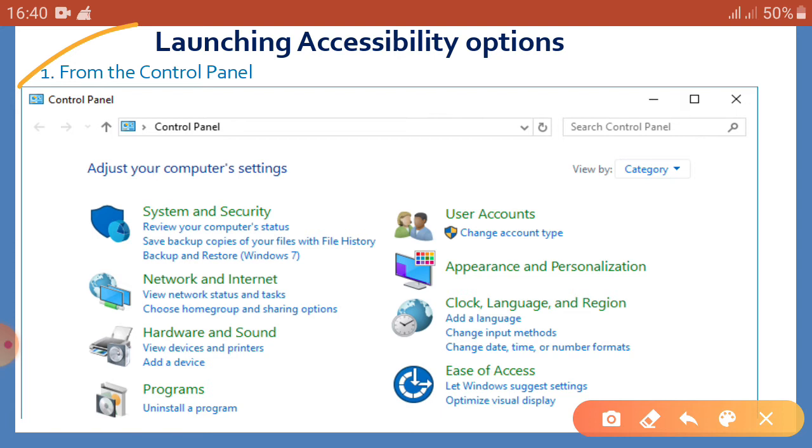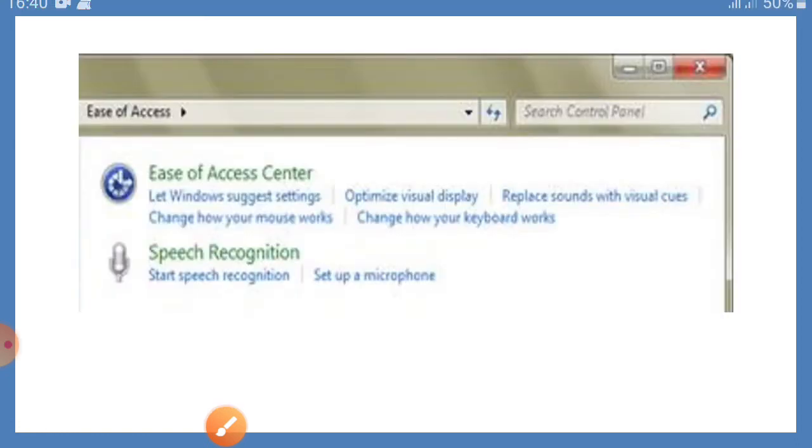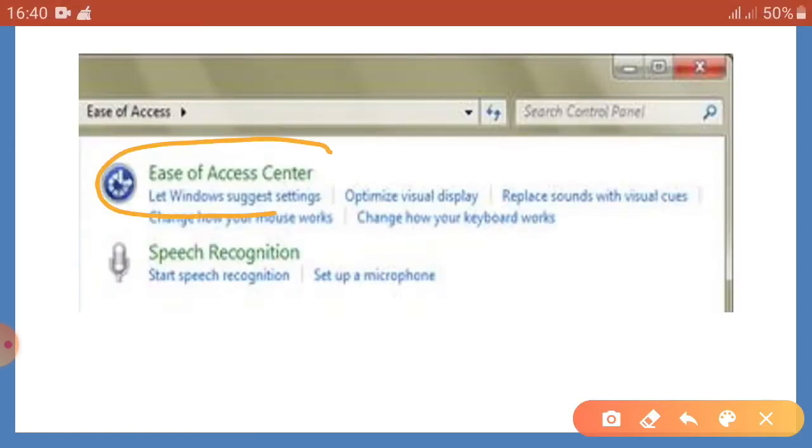So after opening the control panel, click on ease of access, then click on ease of access center option. Here it is, ease of access center. So this will allow the user to customize all the settings here.